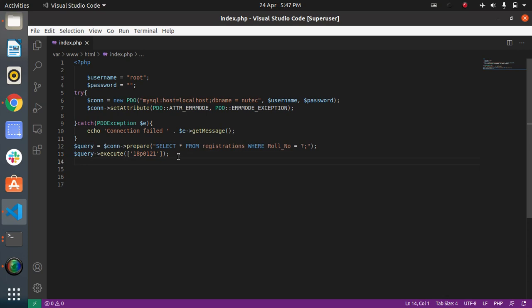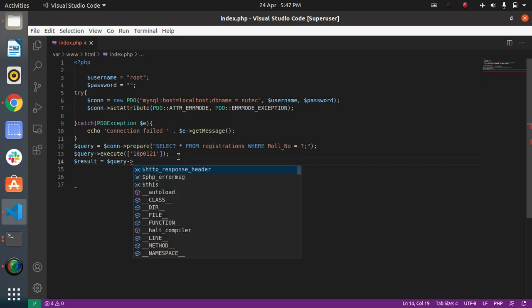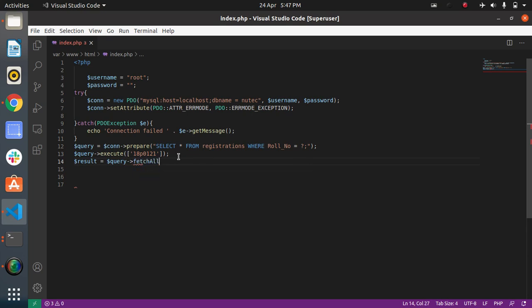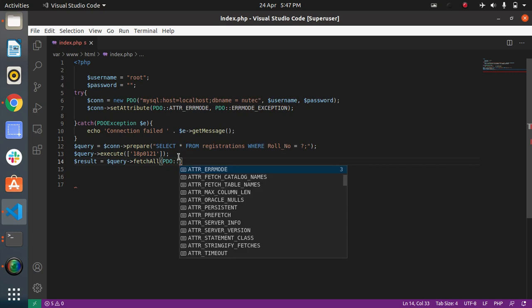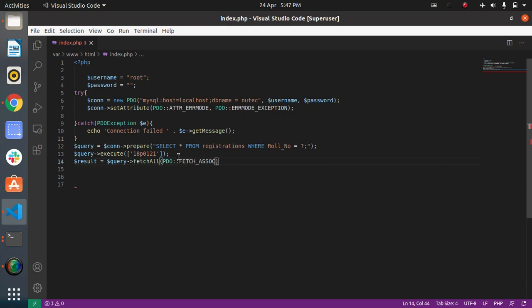So save the result of this query, so it will give me the output. I am saving by using the fetchAll function, and this is the syntax, fetch association. So the result is present. Now let's print.